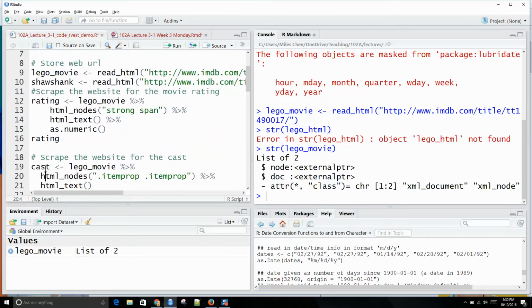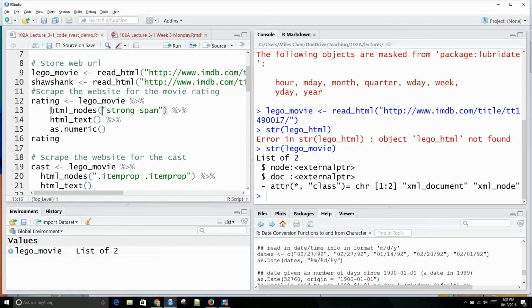Oh, I also did, I guess, Shawshank Redemption, but anyway, we can just take this. And so here I'm using pipe. So this is the data in the HTML, right? We told rvest to go to this page, and it's storing the HTML in this variable lego_movie, and we're going to throw that